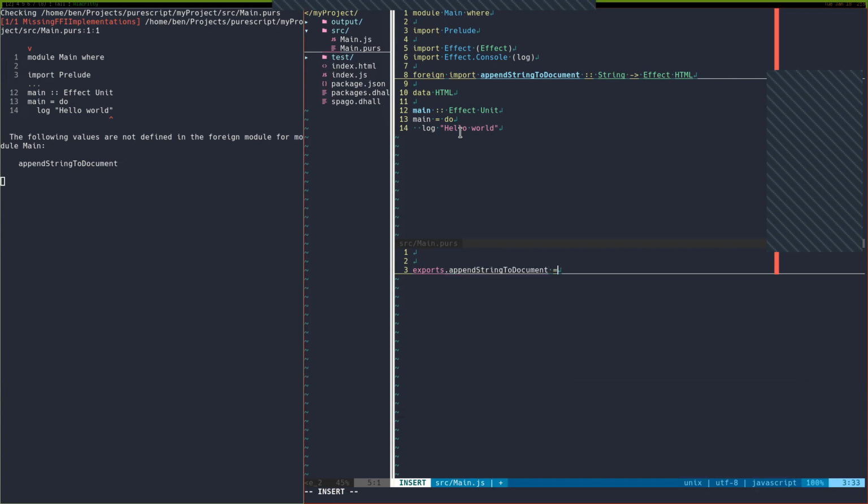And we're going to use arrow functions in JavaScript here. So all we're going to do is take a string, and in PureScript, an effect has no wrapper or anything. It's just a function that takes no argument. And now we have, so this is currying in arrow functions. And now we can actually start a function body.